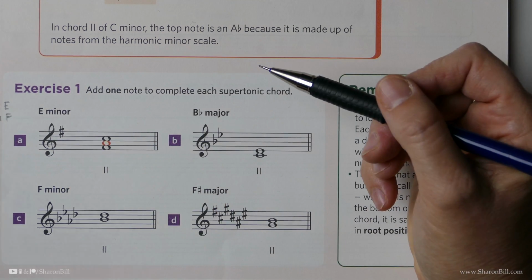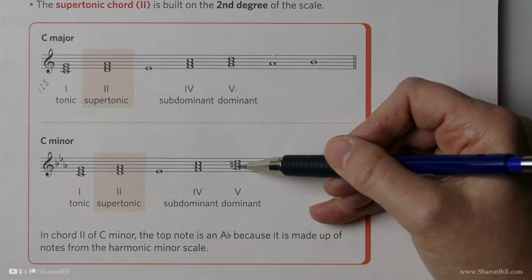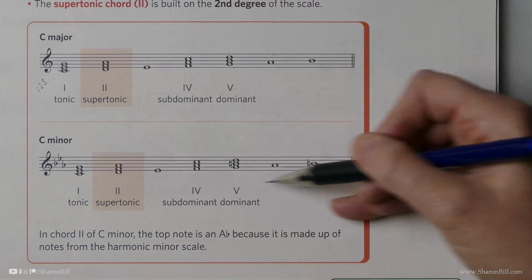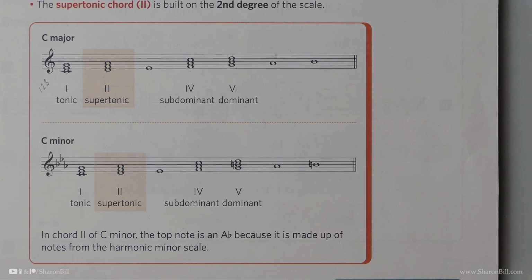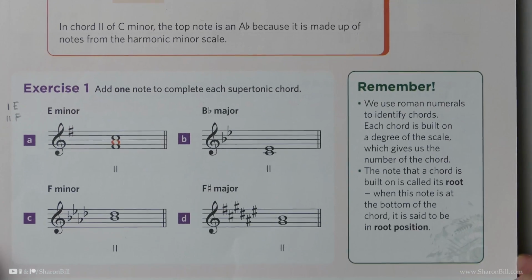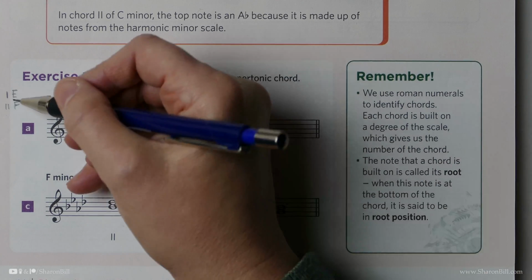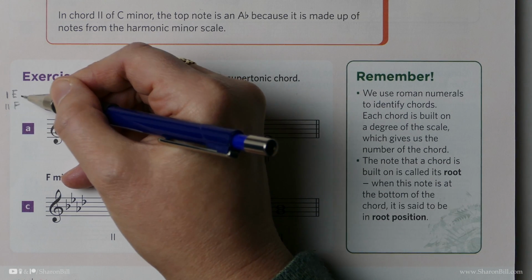The only time we need to worry about an accidental is in the middle of chord 5. Other than that, your key signature deals with everything else. The raised seventh occurs in the middle of chord 5. So if we build our triads on those, we know that building up the first, the third and the fifth,